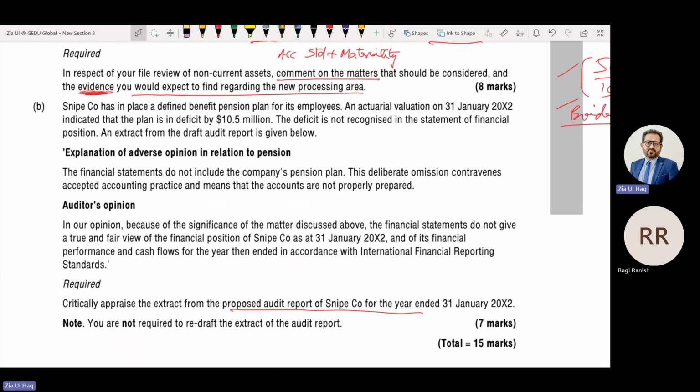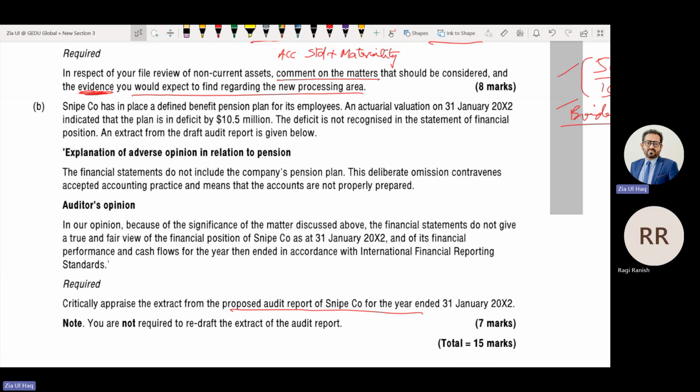Per IAS 19, this actuarial loss should be recorded under other comprehensive income, and the company hasn't recorded it, meaning there is a material misstatement. What should be the audit report? Qualified, except for, due to material misstatement.